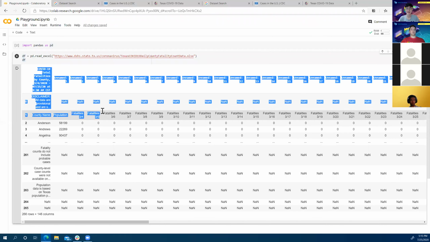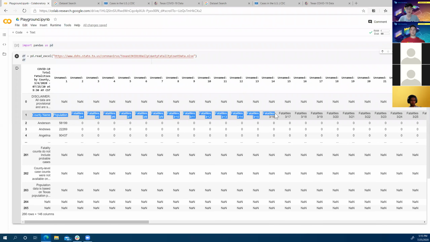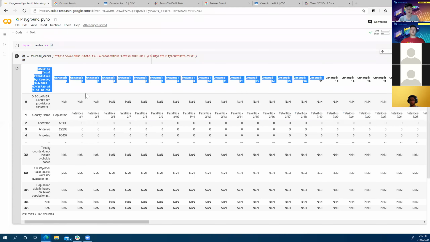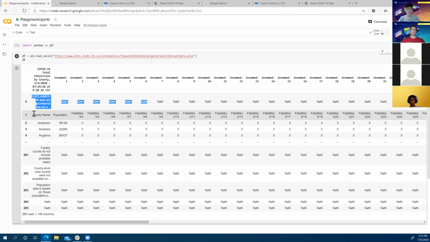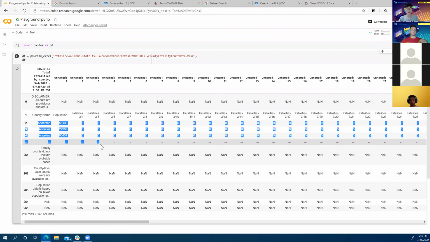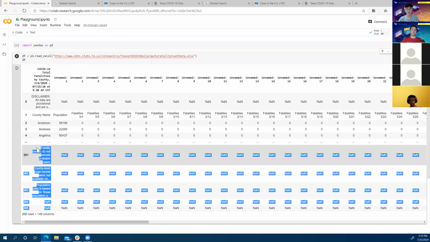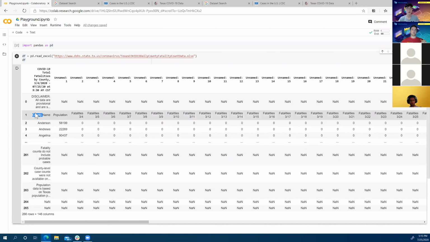But basically, this is an Excel file being stored inside of a variable. And we want this line, and again, I'm glossing over a bunch of stuff, we're going to go into more detail later, to be the header of our Excel file. So this header we don't like. We want to get rid of this line. We would like this line to be up at the top because it looks like all the data we're interested in starts after that. It also looks like there's a bunch of lines at the bottom that we want to remove. But let's get that header fixed.